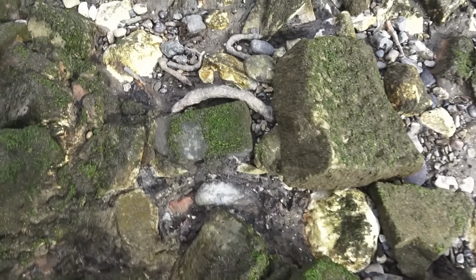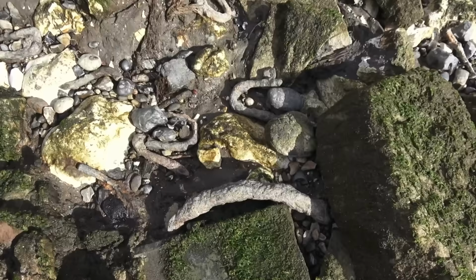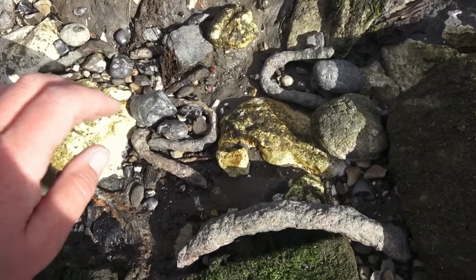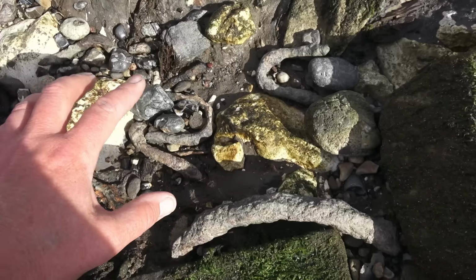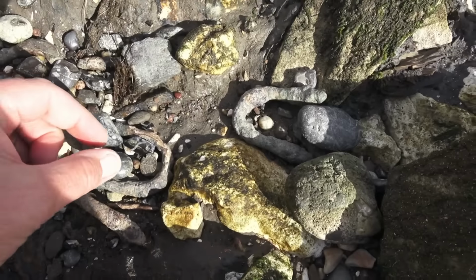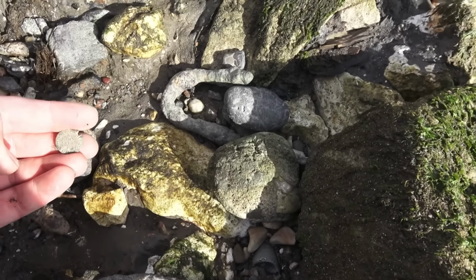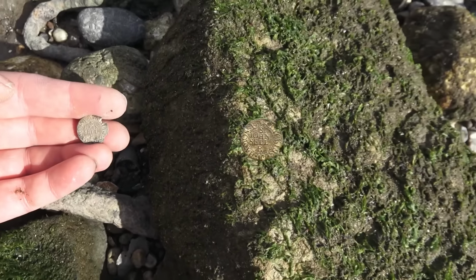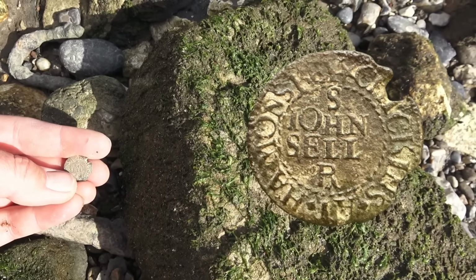Oh my goodness, I've just seen something down here, potentially really exciting. There could be a hammered coin, could be a trader's token. It's just here. Totally miraculous that I spotted this because it blends in so well into the background. Oh, it's windy. Oh my gosh, look at this. Do you know what? I think that is a trader's token, and a really lovely one. Look, it's got a name. It looks like